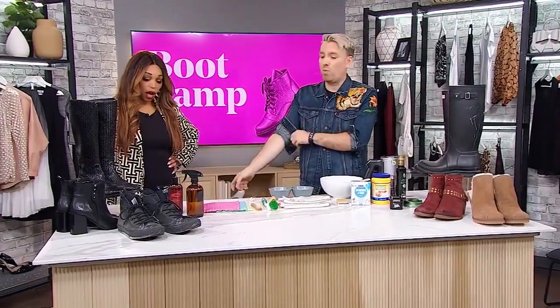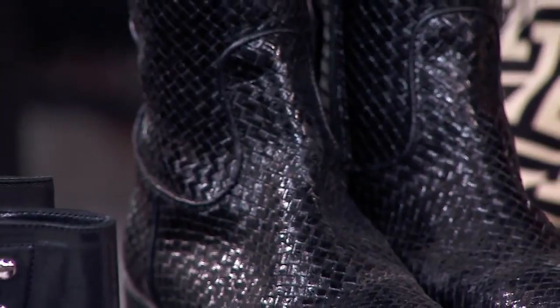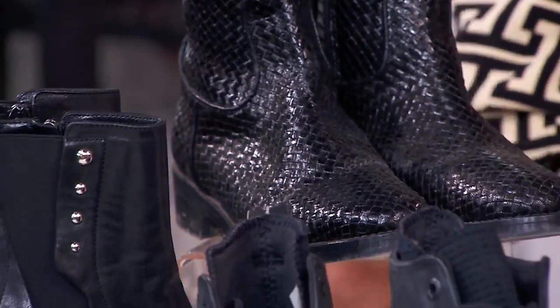I think a lot of us own winter leather boots. Absolutely. And I think the number one culprit for a lot of us is salt stains. Yeah. So if you see this little guy here,